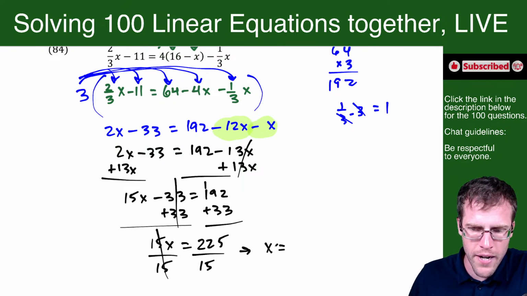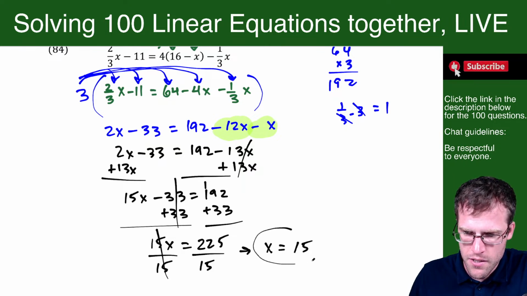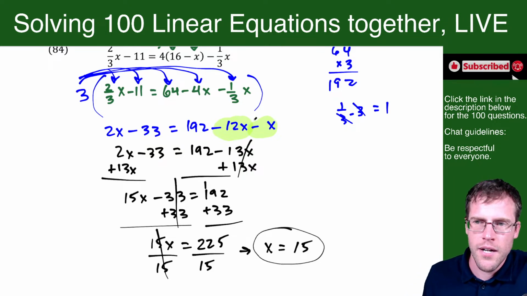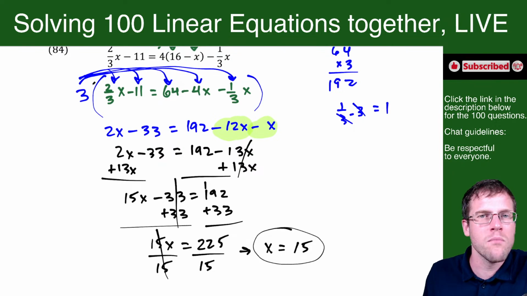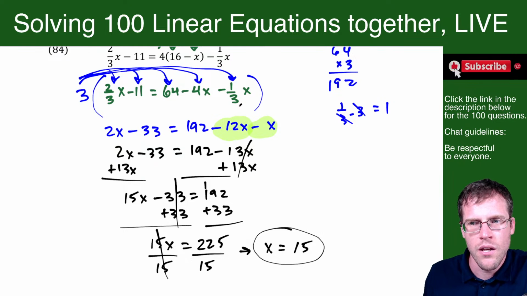X equals 225 over 15, which is 15. So we get a nice answer here. Okay. You could have done this without multiplying everything by 3. But once again, I like to just get rid of all the fractions. If you did it that way,